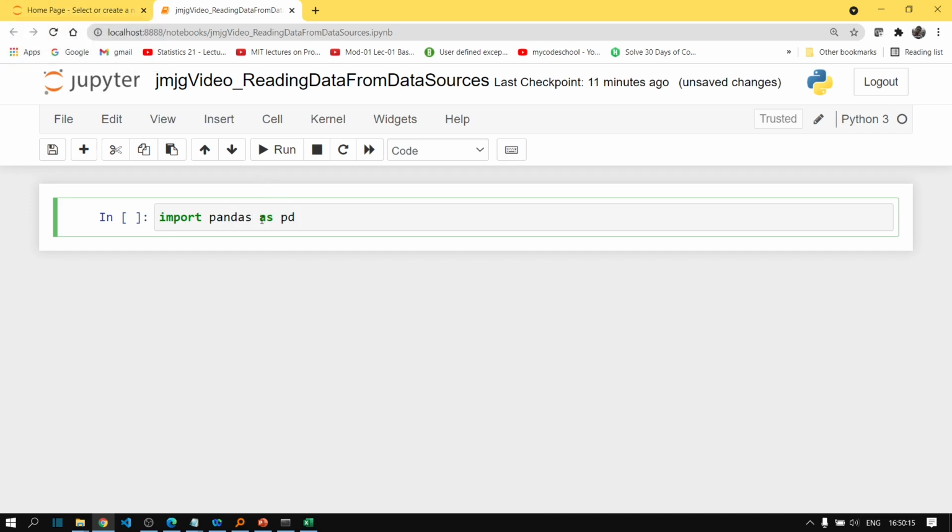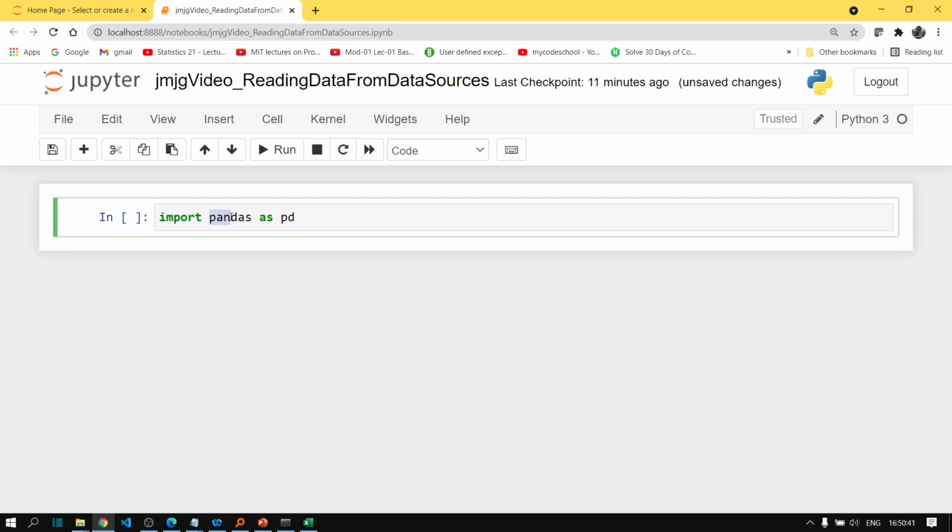Please remember guys, this "as pd" part is not mandatory. It's just an alias for the pandas library. The only advantage of using this is that from now onward, whenever we are going to use any pandas function, we can do it like pd.read_csv instead of pandas.read_csv.